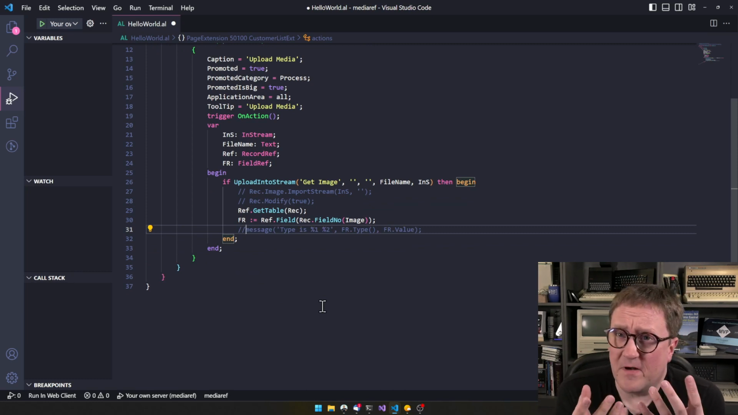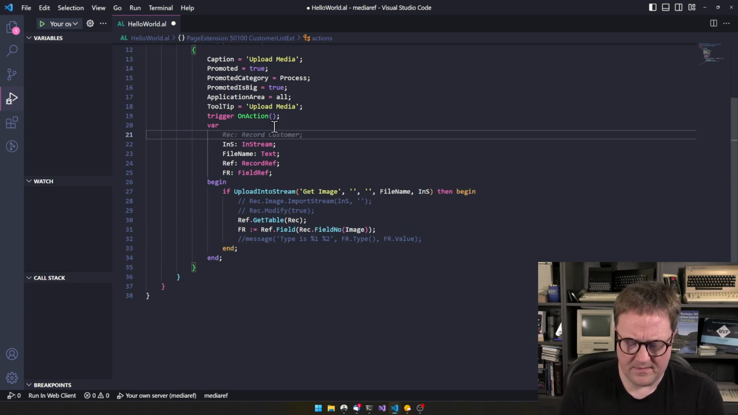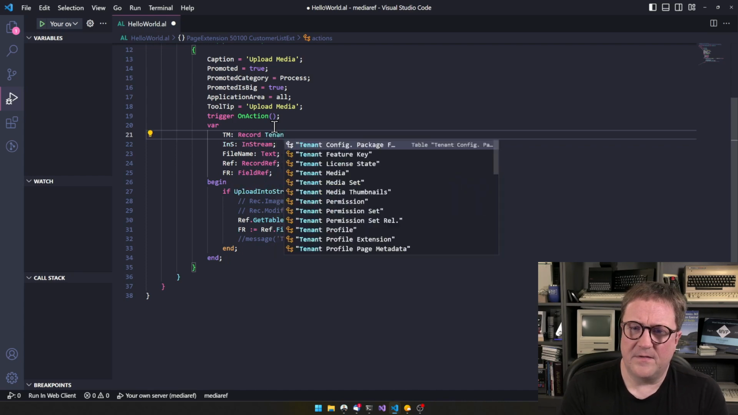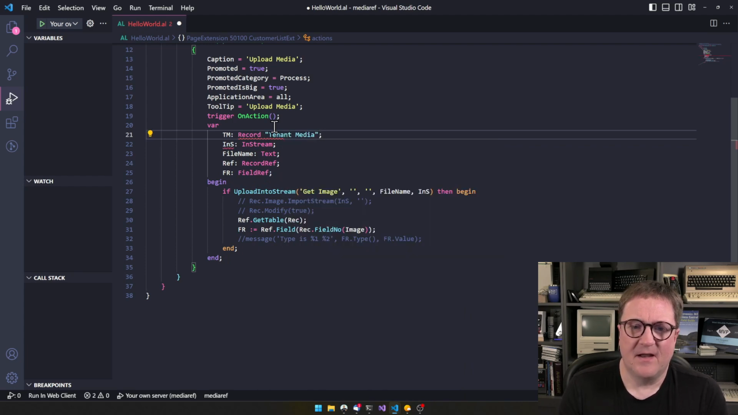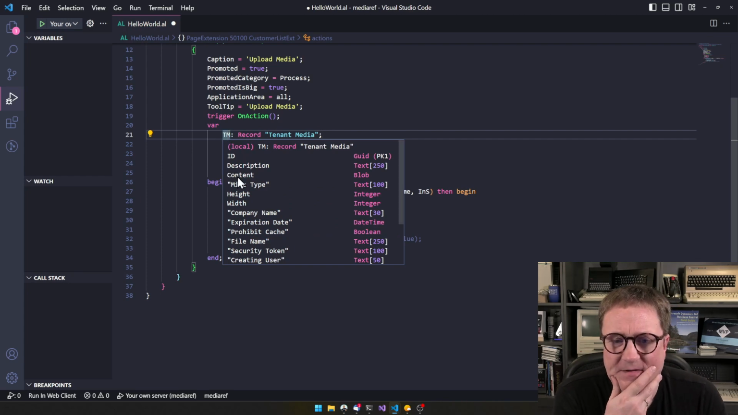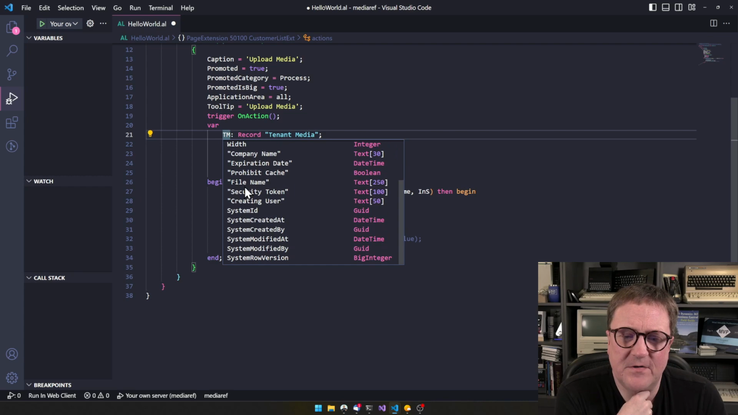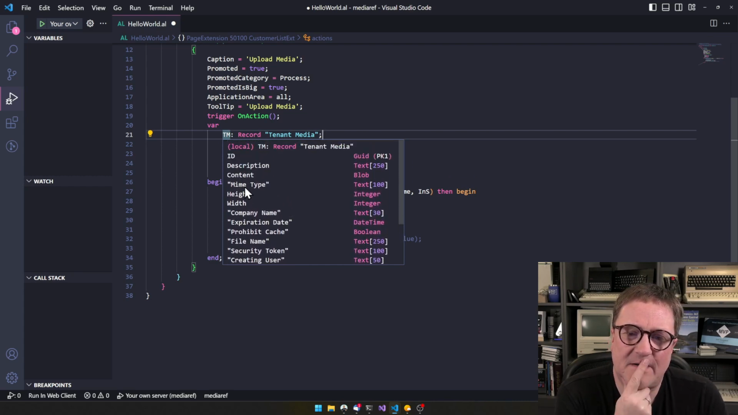We also need to figure out how to upload the media. And there is a table called tenant media. Oh, let's actually select it. And tenant media has a blob field, and that's where it is. So we could just go directly to this one,